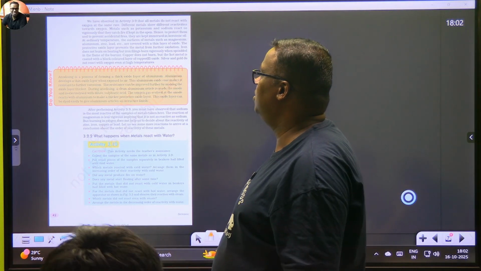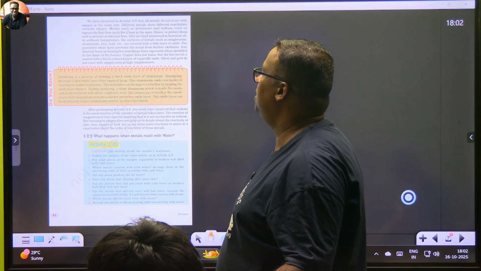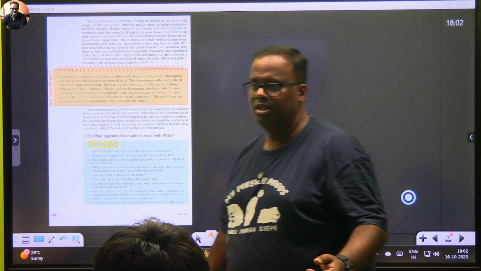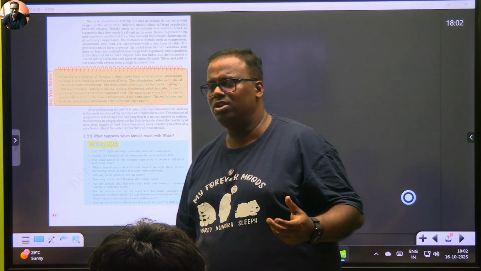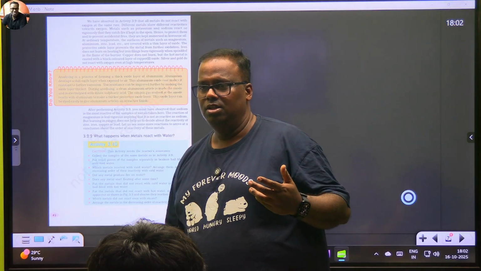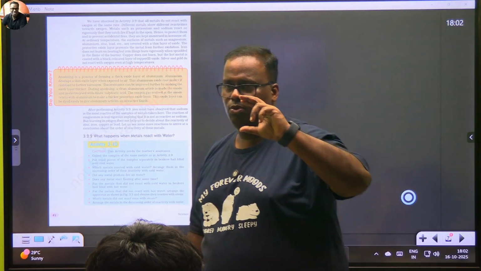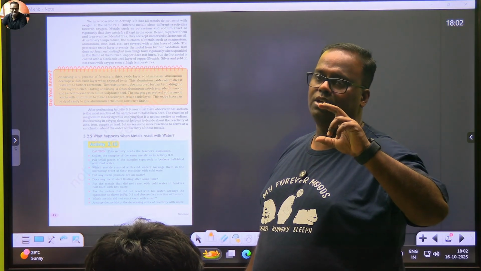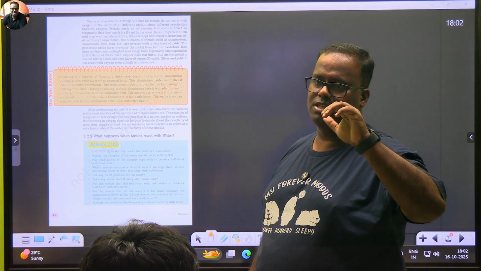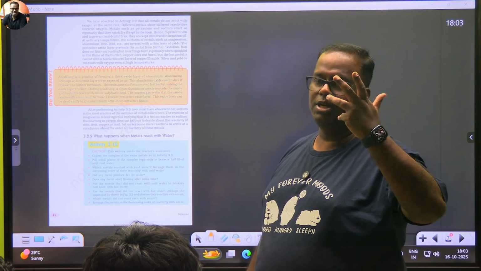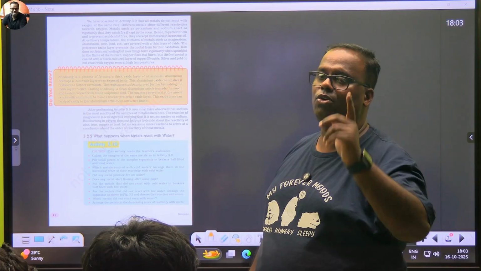Iron does not burn on heating, but iron filings burn vigorously when sprinkled on a burner. You know, that is actually attributed to surface area. See, if you want a reaction to happen fast, you should increase the surface area. So when you make filings and you make chips, surface area बढ़ जाता है. The amount of surface area in contact will increase.